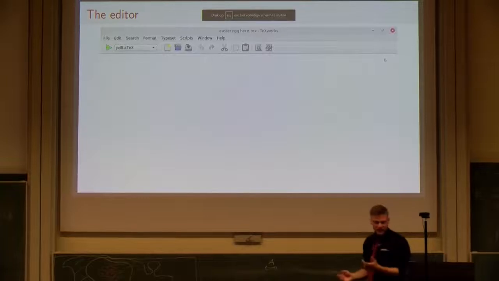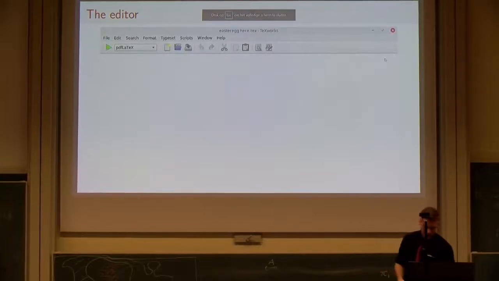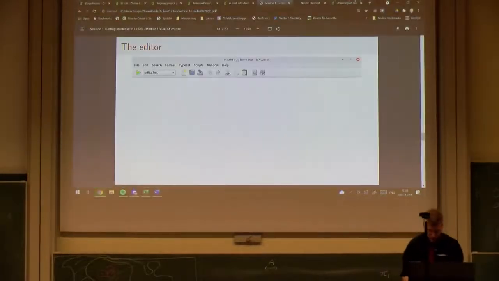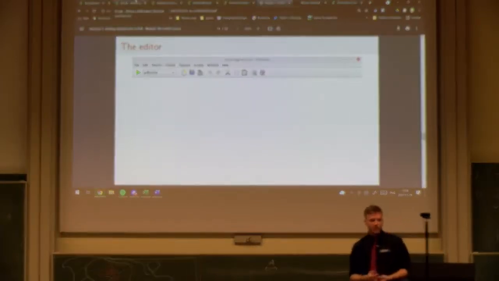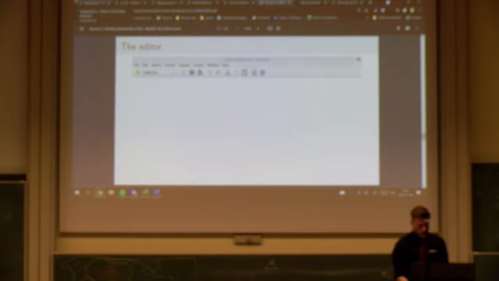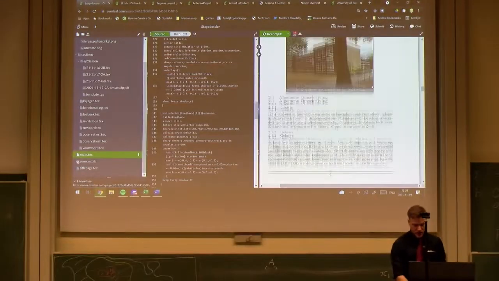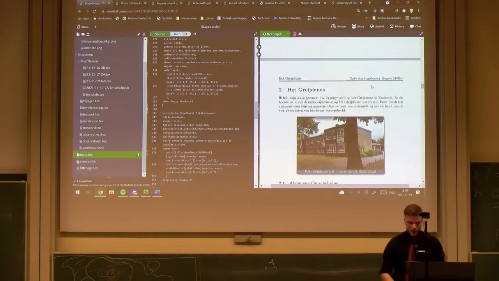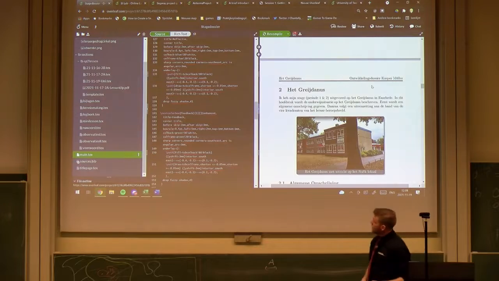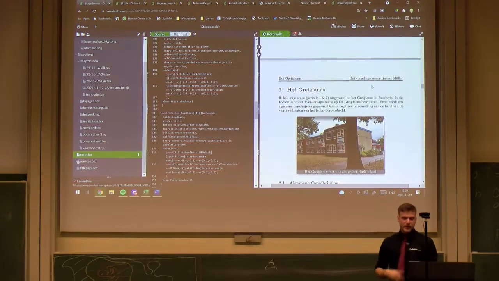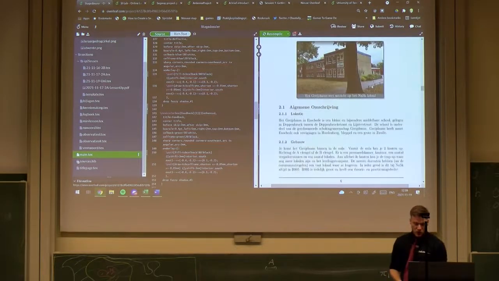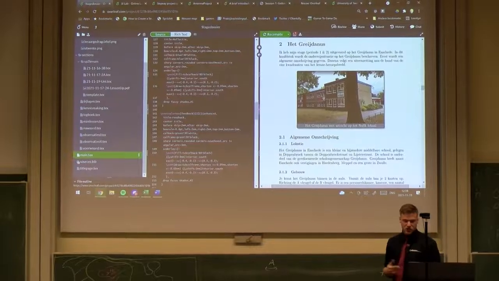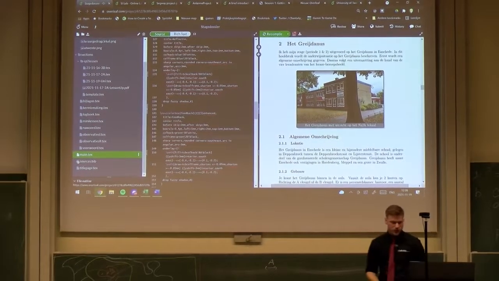So that's the editor. I will now show you the editor, and I will not show you TeXworks, but I will show you Overleaf. And I will show you a few examples of the reports that I made with LaTeX. One of them is the current report I'm working on for my minor. It's the ontwikkelingsdossier, they call it, where you have to describe what you do at the school that I work at. So you can see that you have headings, you can have nicely formatted images even with certain packages.